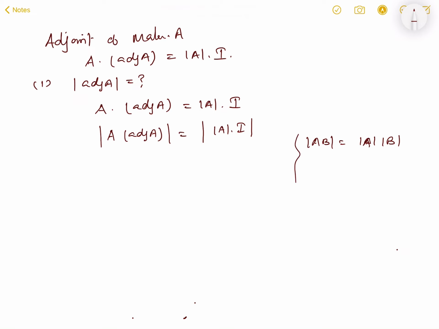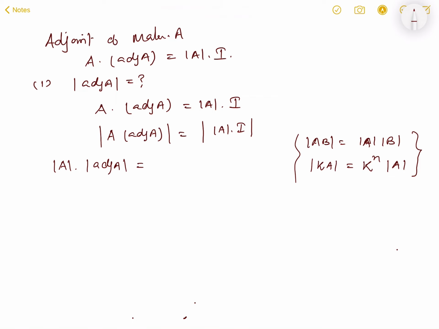And another property: determinant K into A, if the order of A is n cross n, then this value is K to the power n into determinant A. Applying these two properties,